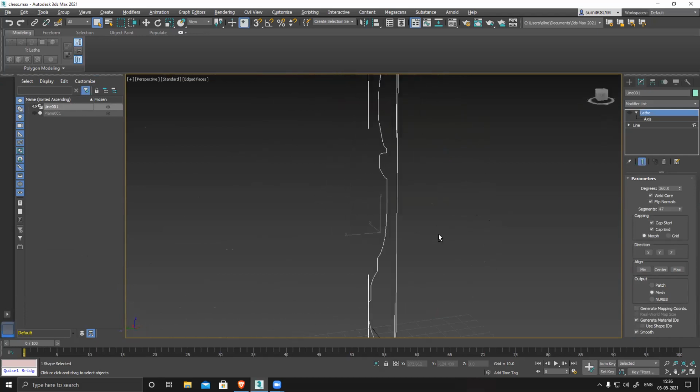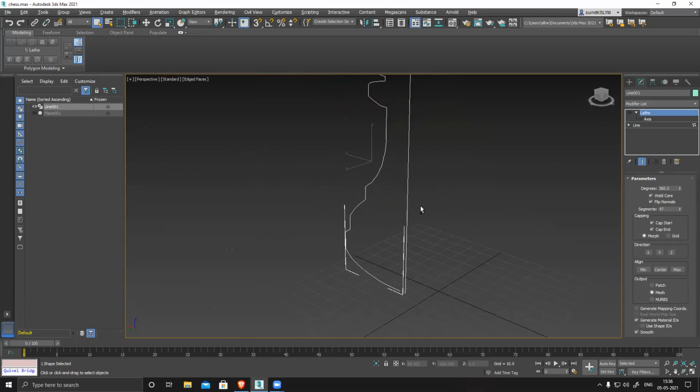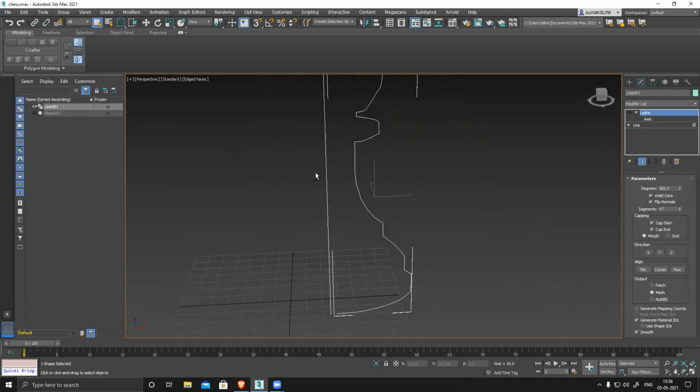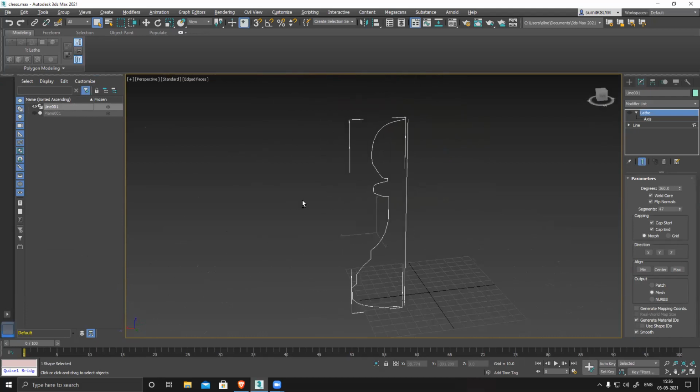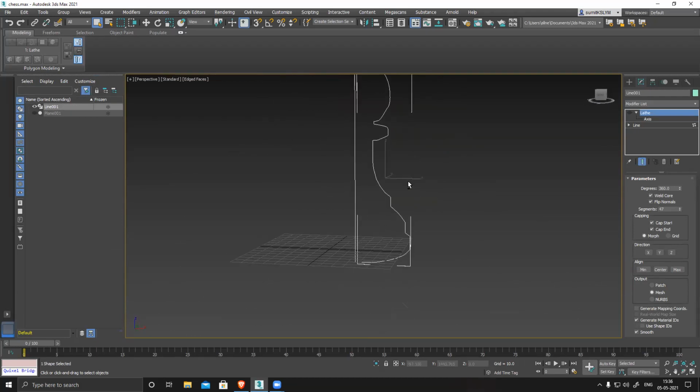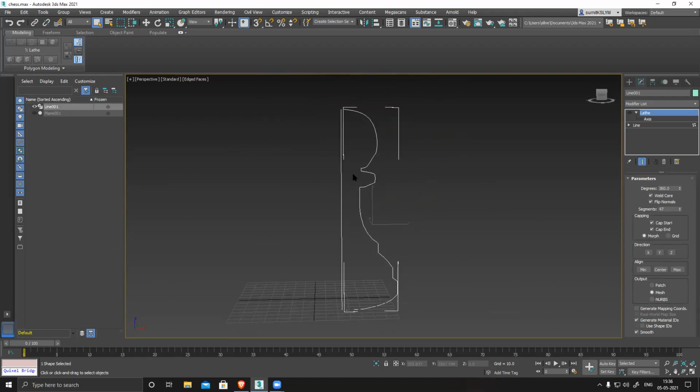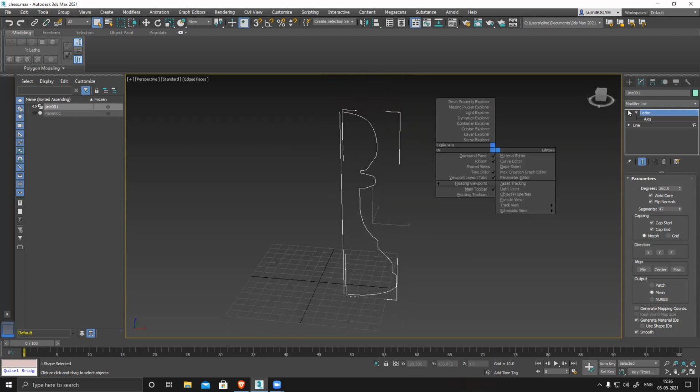That means you have created this. Here also that straight line is there. So you just have to create this surface. This inside line is not required. I don't know what happened. Maybe some issue happened. No problem with that. Okay.